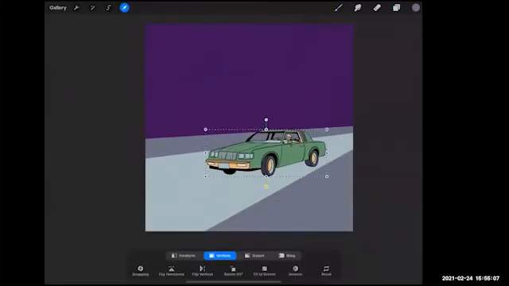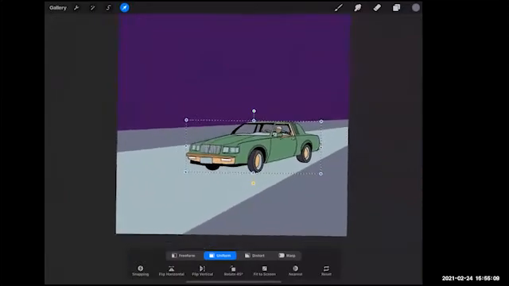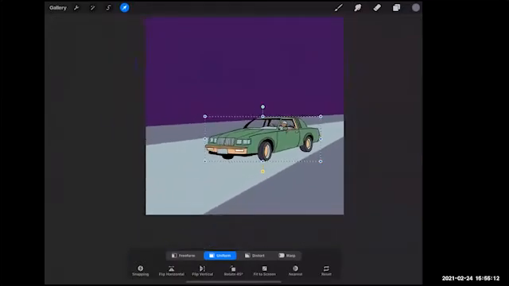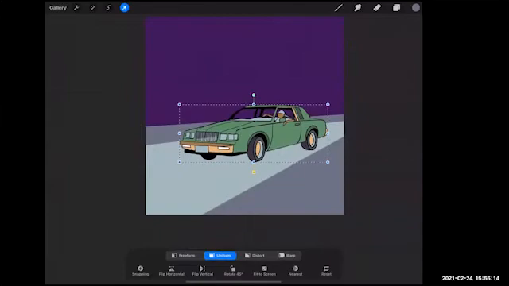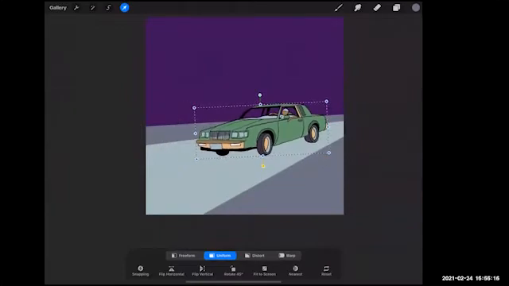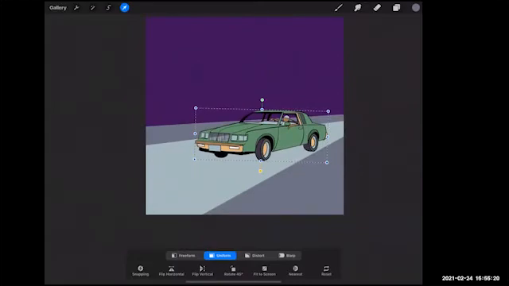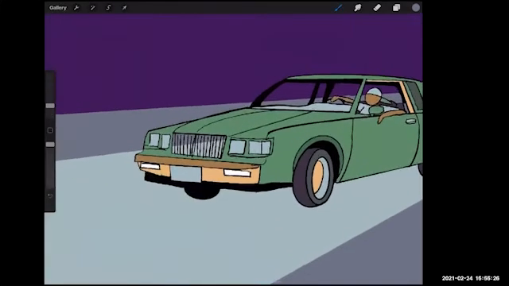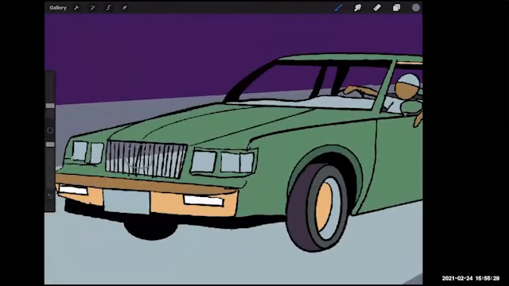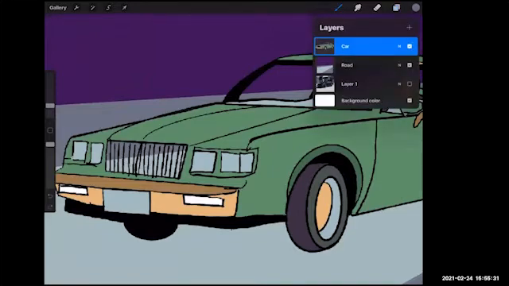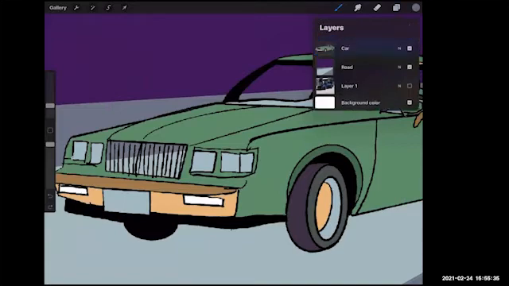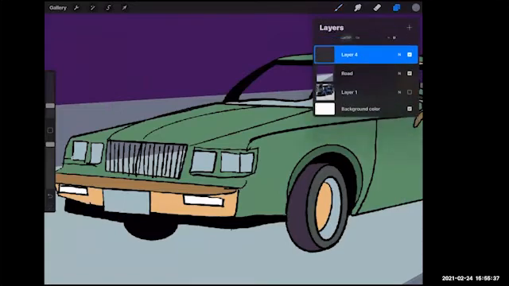So when you're doing this type of illustration, you just want to piece together all of your elements and make sure you have them present and available so that when you do start animating, it can be easy. As you see, some of the elements are bleeding through, like on the front grill right here. So what I'm going to do is create a new layer behind the one that I have,